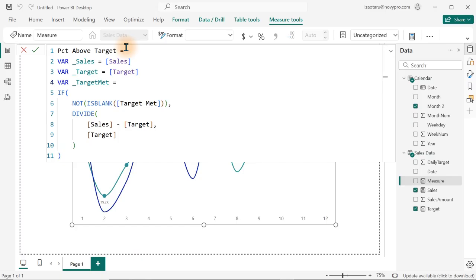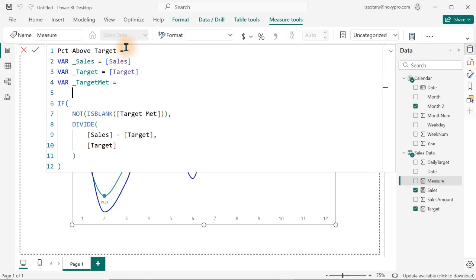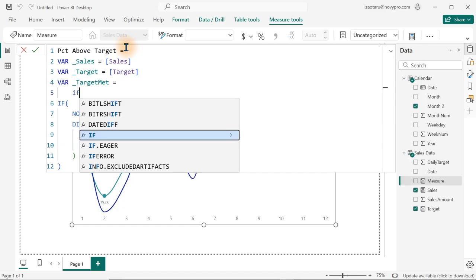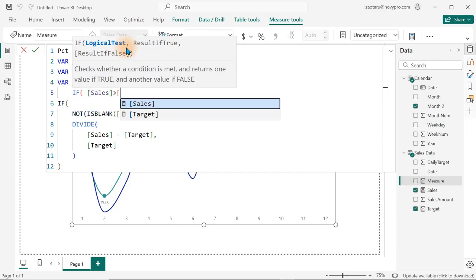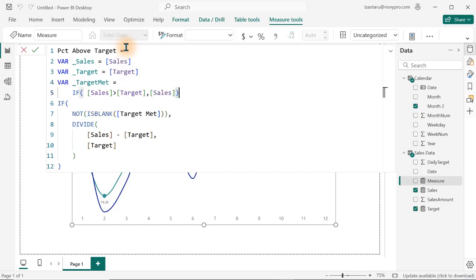Okay, so how do we determine if target is being met or not? We can actually use the IF function, the same thing we did when we did our visual calculation. So what we can do now is say if sales is greater than targets, then give me the sales. Otherwise, do nothing. So now, instead of using this one that is giving us an error